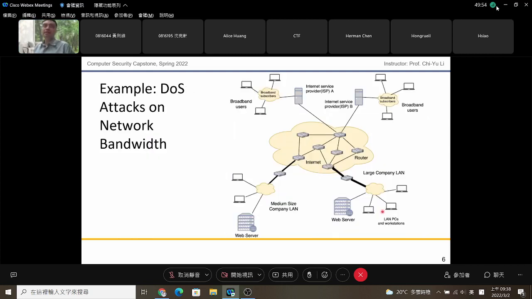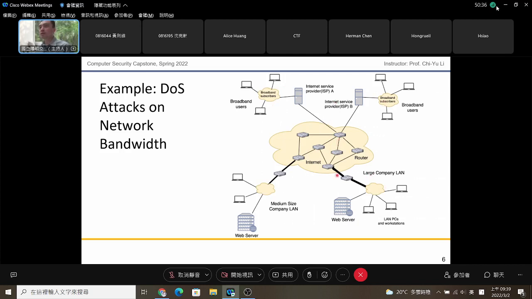Okay, so here is an example about the DoS attack on network bandwidth. The width of the line represents the volume of the bandwidth. Here, this large company has a large network bandwidth, and this small width means this company only has a small network bandwidth. So this figure just shows you that if we want to attack this company successfully, then we can